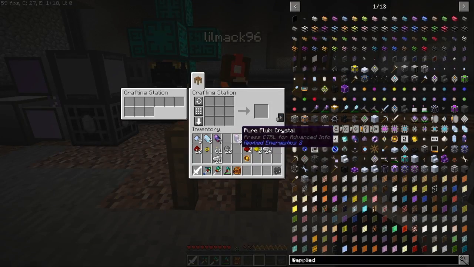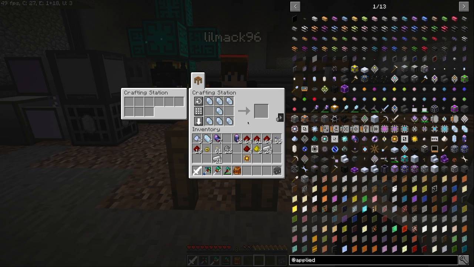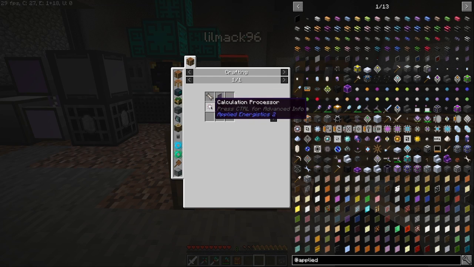So slap that in there and let me see if I can see it. I thought that was a wrench. Ah, that's the wrench. Go ahead, take that out. Good job. I've got one of those, and I'll get one for me. Okay, there we go. And then the network wrench is a chest, a panel, and a calculation processor, which is...